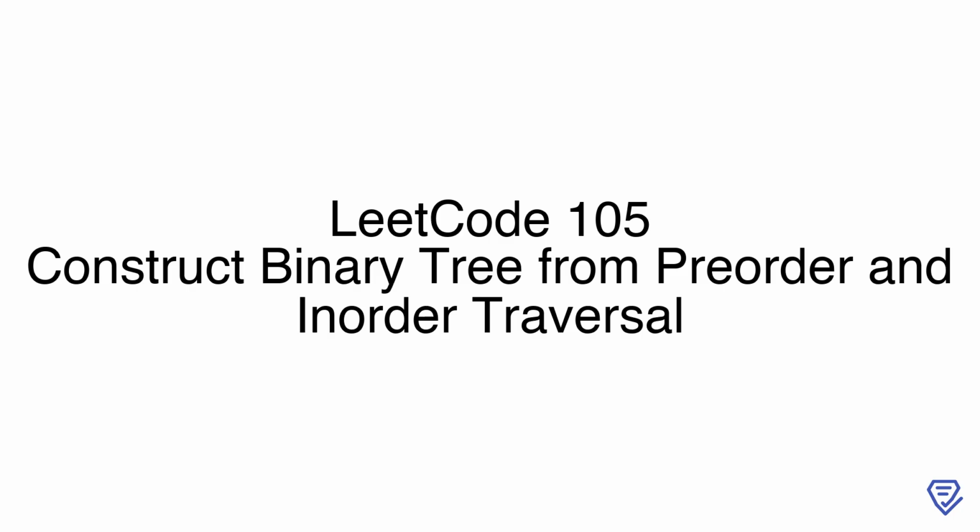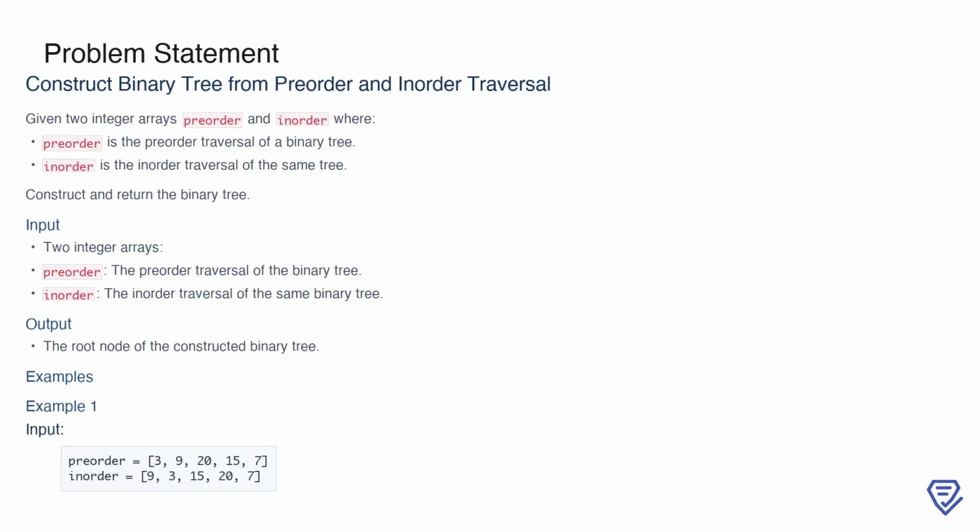Let's dive in. In this problem, you are given two integer arrays, Preorder and Inorder, which represent the preorder and inorder traversals of a binary tree, respectively. Your task is to construct and return the binary tree from these two traversals. The input consists of the two arrays, Preorder and Inorder, and the output is the root node of the reconstructed binary tree. This problem is a classic example of using traversal orders to uniquely define and build a binary tree